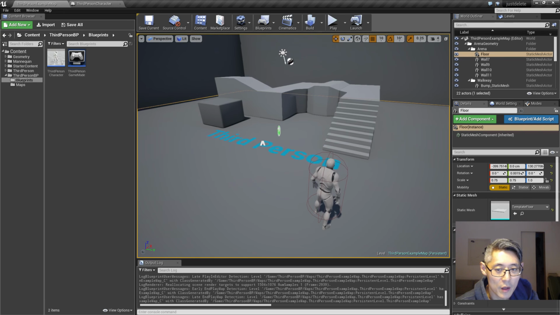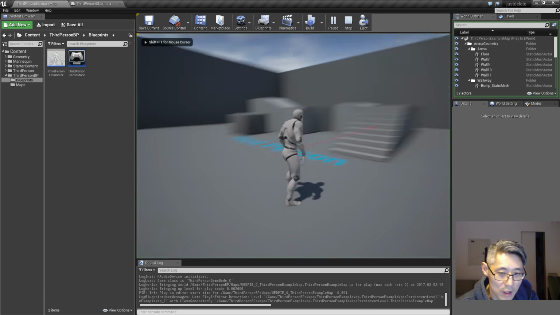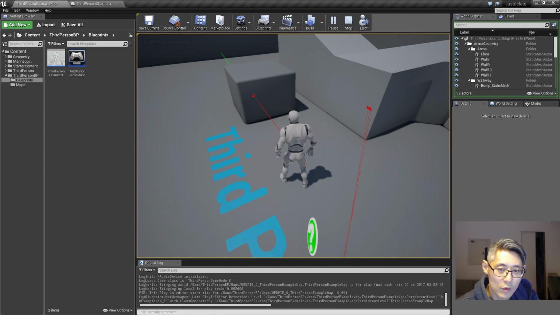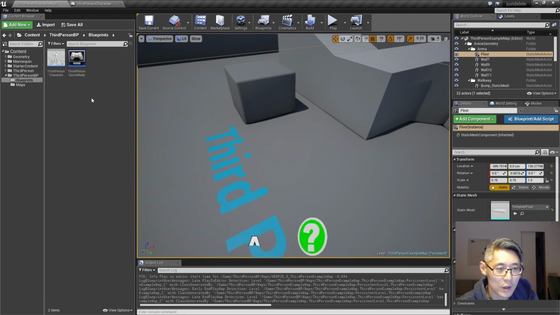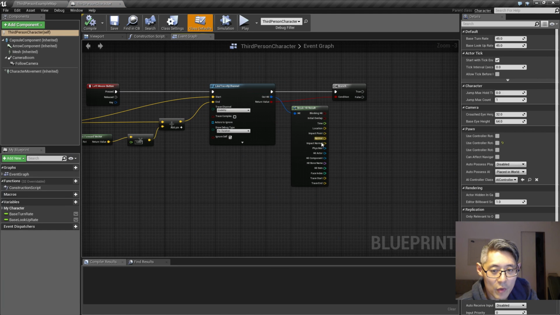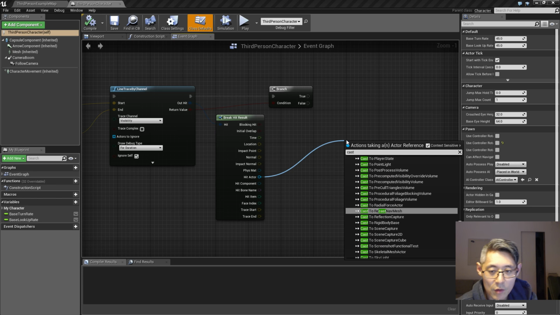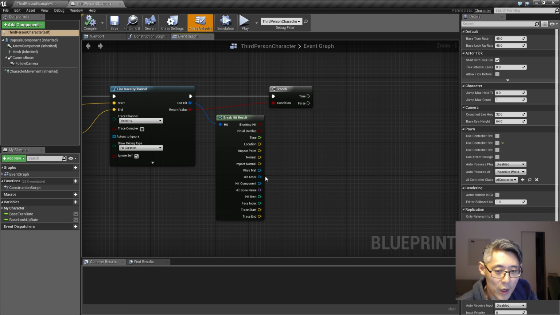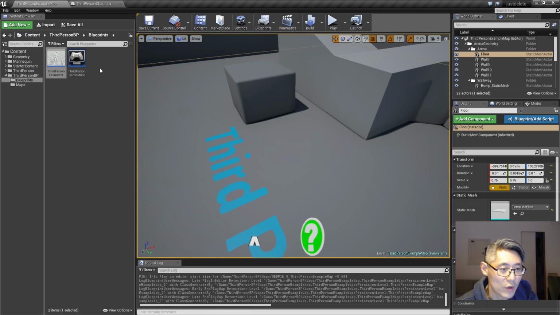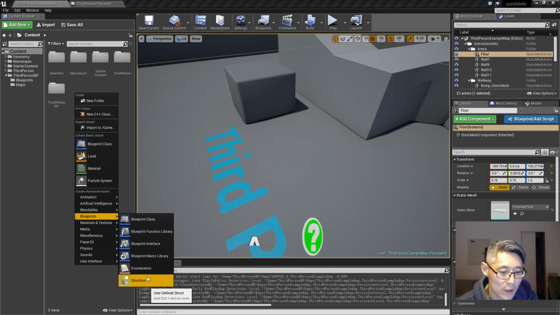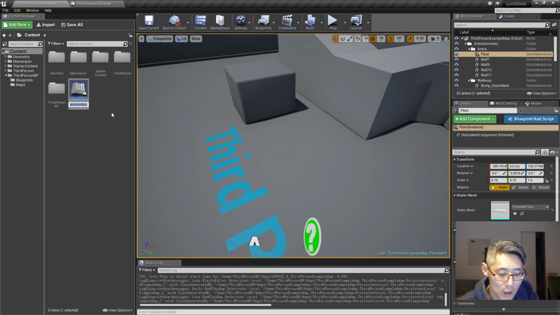So I started up a third-person template here, and the idea, as I said, is to shoot something with a line trace and then be able to extract some information from whatever we hit. We can do that in a number of ways, but in order to avoid something like casting to whatever here, which will require quite a few casts, we can use interfaces for that. So the general idea is to create an interface, which you can do like this, Blueprint Interface, and let's call this Hittable,